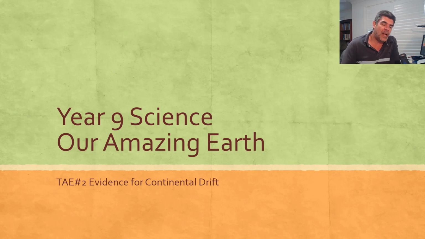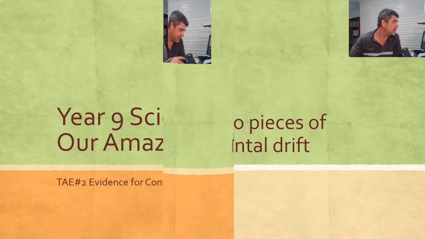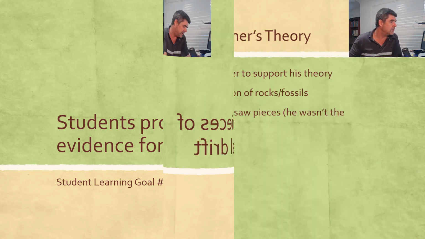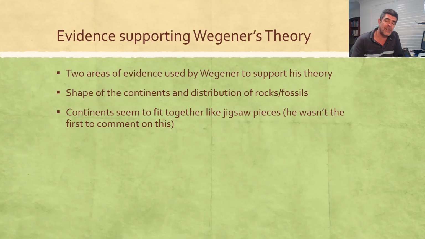In this particular video we're going to look at some of the evidence for Wegener's idea about continental drift. What we need to do is to ensure that we've got a couple of pieces of evidence that will help support this idea of Wegener's about continental drift. One of the important things at this stage is we're not looking at the mechanism, we're not trying to explain why this occurred, we're simply looking at the idea and whether or not there's any scientific basis for the conclusions